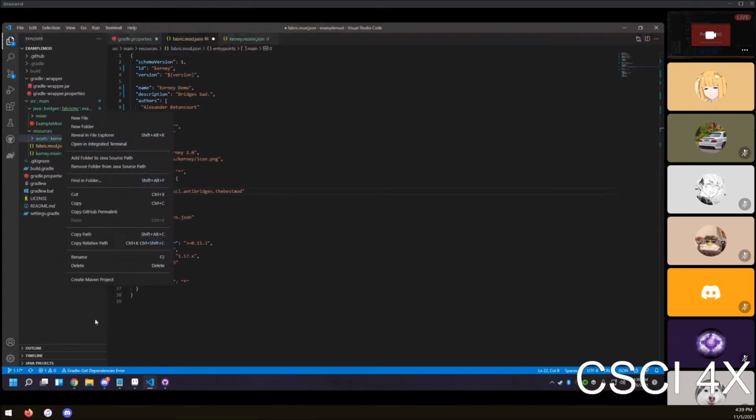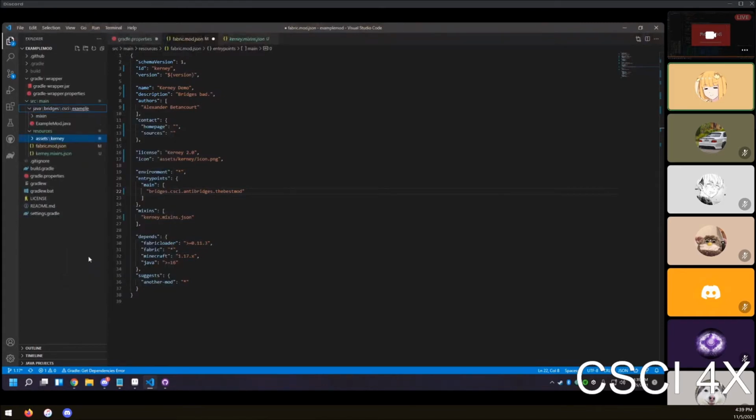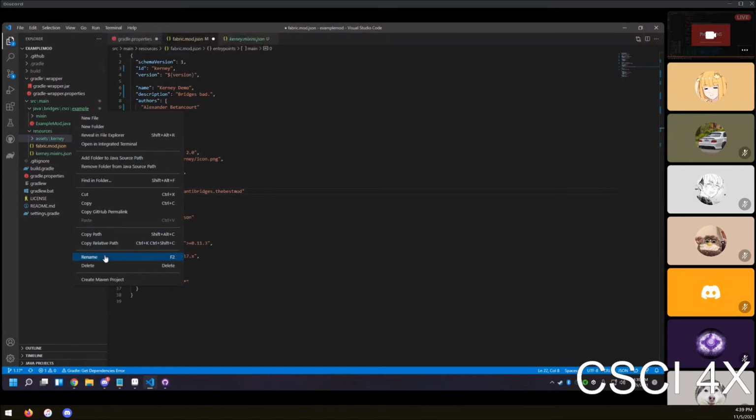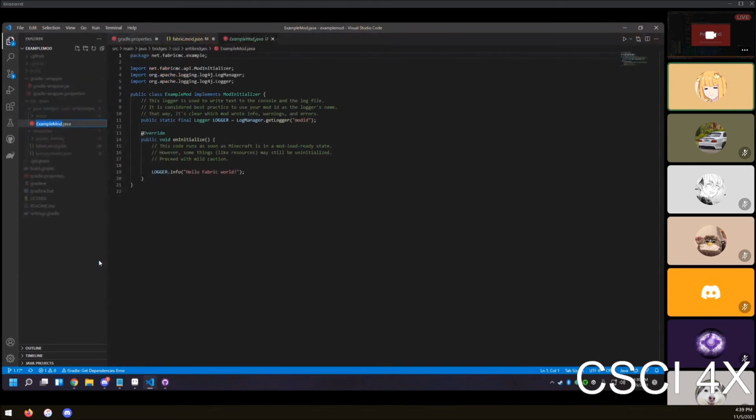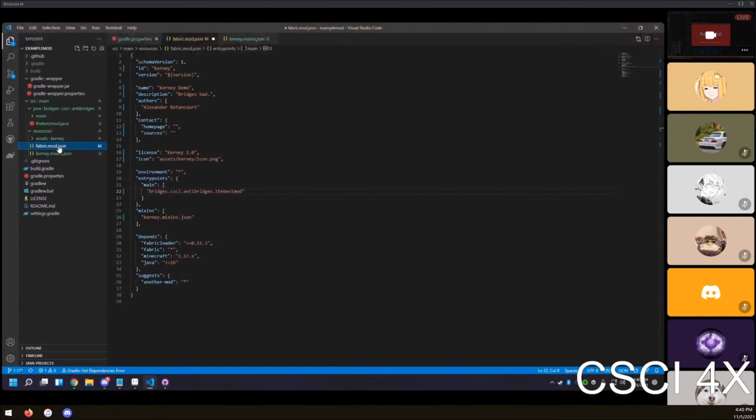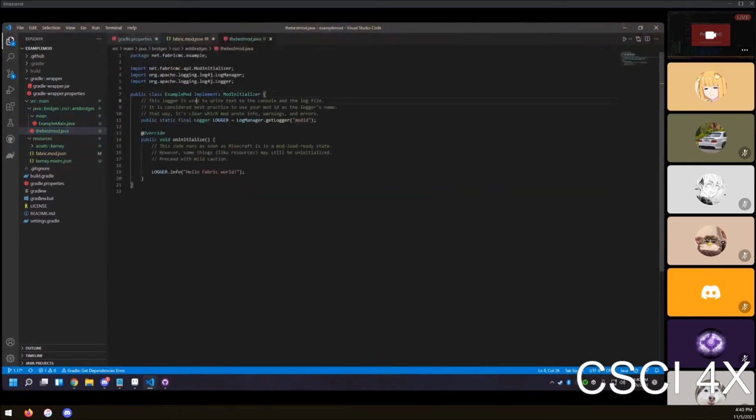Bridges dot CSCI anti-bridges. It's going to be called the best mod. The best mod. It's going to give us an error right now, just watch. It gives a small error right now. Pretty sure this is correct, right? Yeah, it is correct. We're going to have to change this to